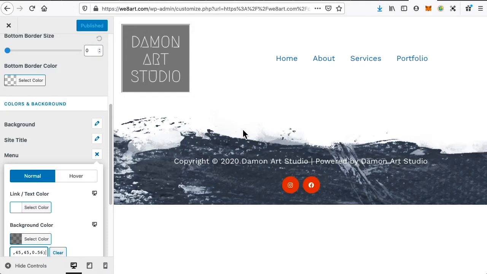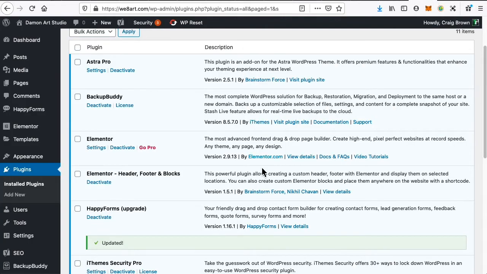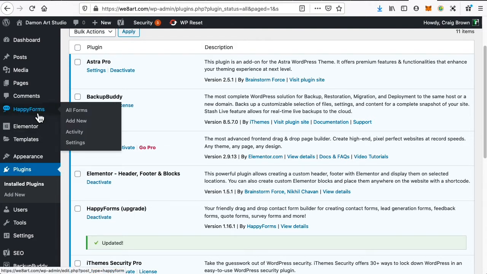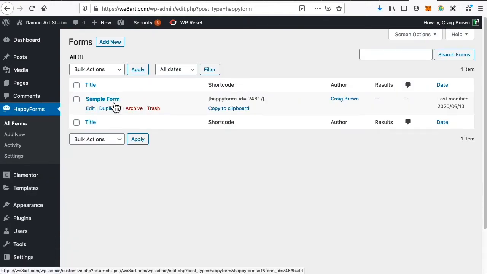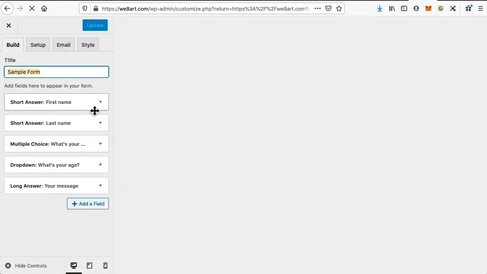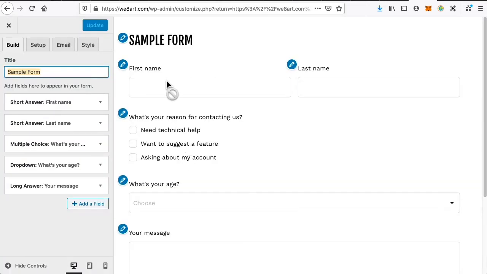So we'll install that on an as-needed basis, okay? So I'll just get rid of this extra window here. We've updated our HappyForms, and we can see we've got a HappyForms window up here. If we click on all forms, we can see there's a sample form here. If we edit that sample form, we've got first name, last name, what's your reason for contacting us, what's your age, and what's your message. We could go with this sample form,